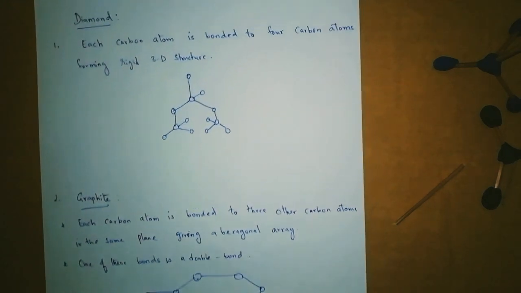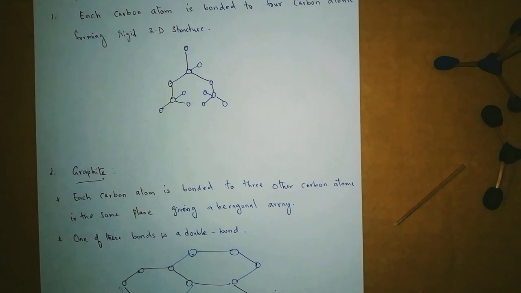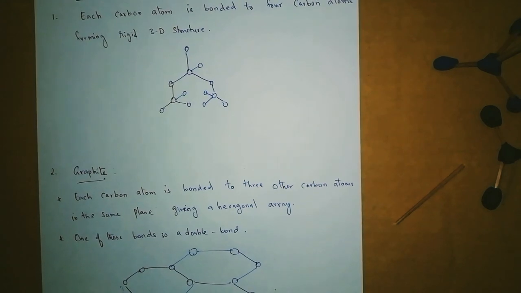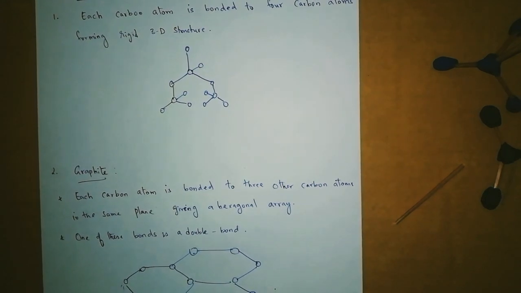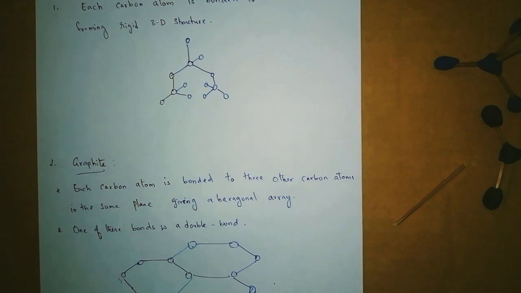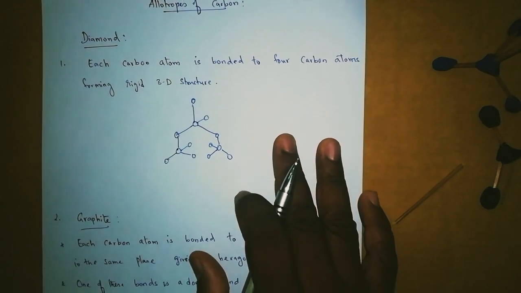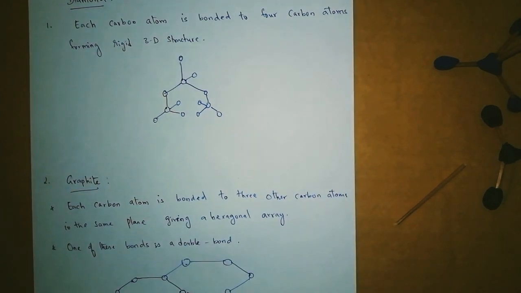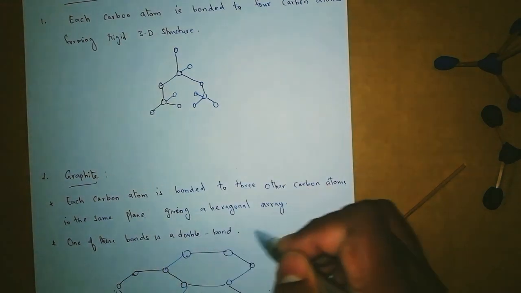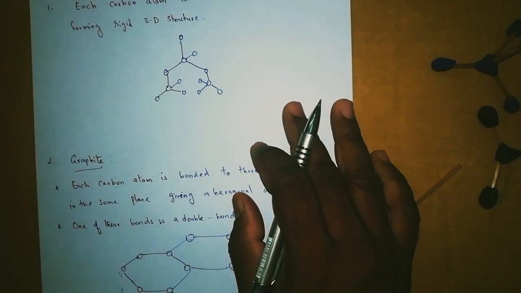Okay students, today we learned some properties of covalent bonds, and also the formation of covalent bonds in hydrogen, oxygen, nitrogen, chlorine, and also the allotropes of carbon. We have one more allotrope of carbon, that is Buckminsterfullerene, containing nearly 60 carbon atoms combined together, and that is given in your book.